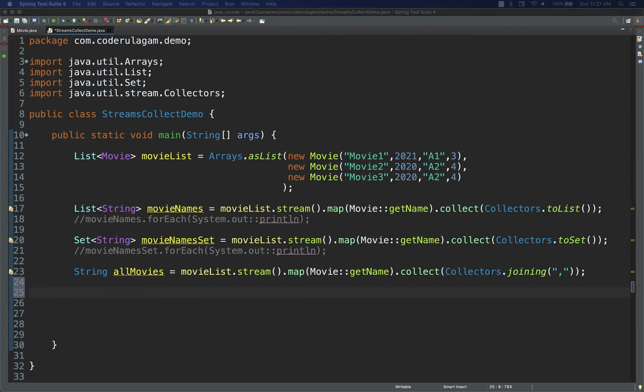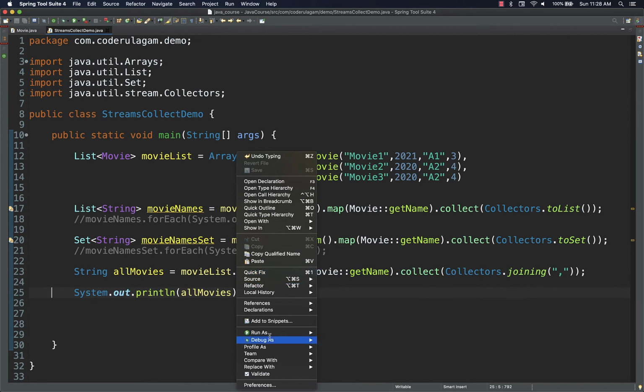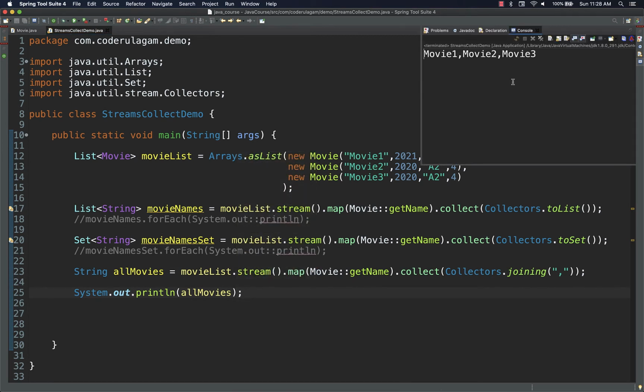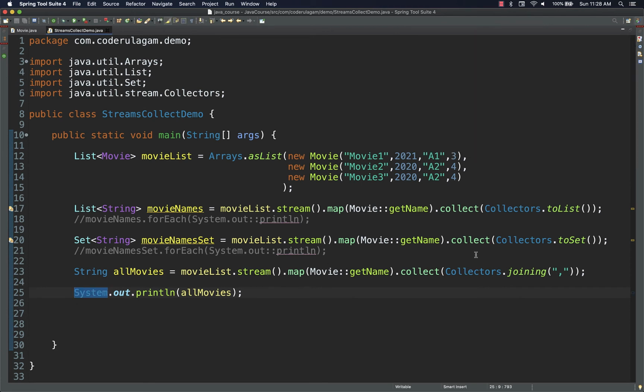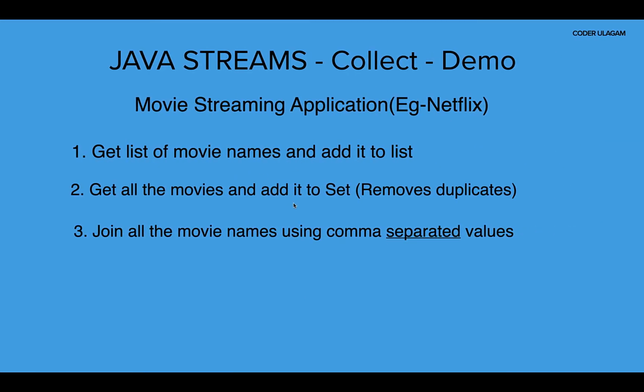So let's say sys out println all movies, and if you run it, it should print all the comma separated values. Here you go: movie 1, comma movie 2, movie 3. This is how we use joining in the collectors framework. Feel free to try out the different operations. So we've covered list, set, and joining